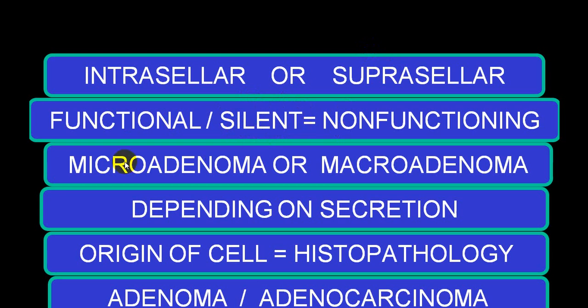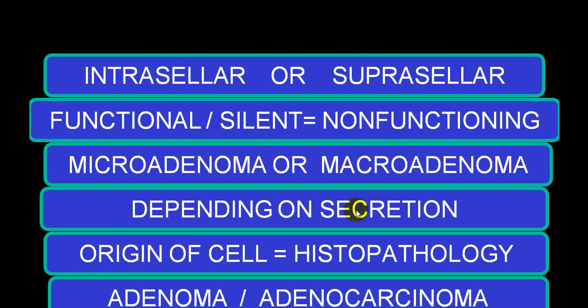It can be a small tumor, very small in size. That's why it is called micro, and good number of times this is not diagnosed. So it is even called accidentaloma. While if it is a big tumor easily diagnosed by radiology or by radionucleotide study, then we call that a macroadenoma. And depending upon the secretions, you classify them into that particular tumor. You name that particular tumor by what it is secreting.